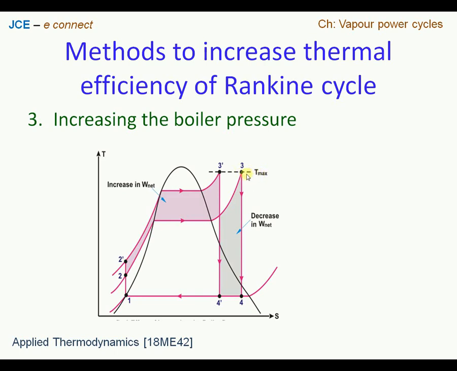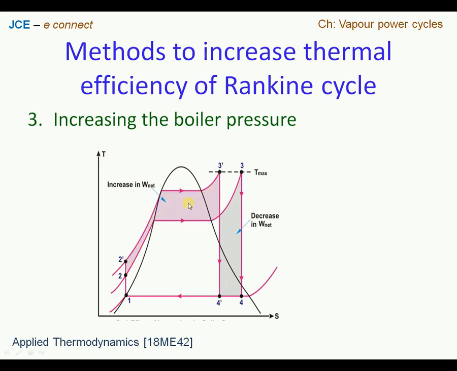Now assuming that we are operating the plant at a maximum temperature of 620 degrees Celsius, by increasing the pressure in the boiler, we have the next higher pressure curve here, which is 2 dash to 3 dash, operating at the same maximum temperature. With this small variation, we saw that this much area got added to the curve. However, we also could see that the cycle is shifting from right to left. So this much area we lose, so there is a decrease in the work done. At the same time there is an increase in the work done because of the addition of this new area.